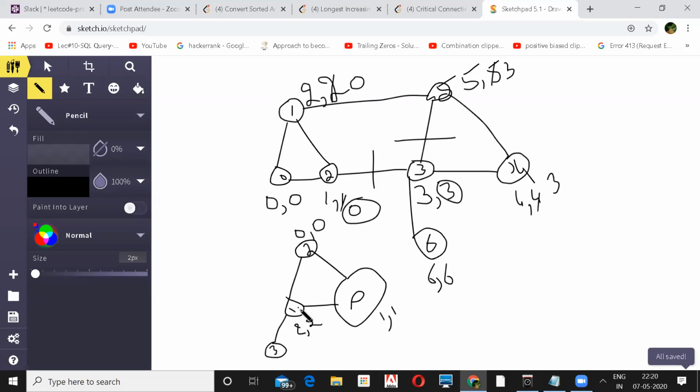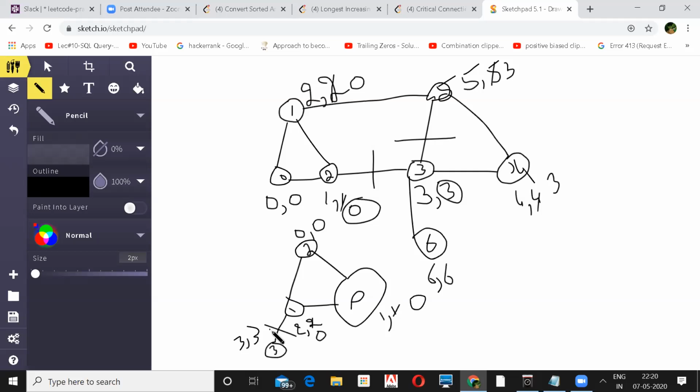And after this, this node is yet to be explored, so it will be 3. From here, you'll have 3. Now when there are no other nodes you can explore, you'll backtrack. When you backtrack, you'll find these two are different. You can't update, so this will be a critical edge. And when you backtrack from 1 to 2, you'll find the minimum of these two. You update this 2 with 0, then you'll reach 2. After 2 you'll come to 1, just update it. This will be 0. So all the cycle has 0.